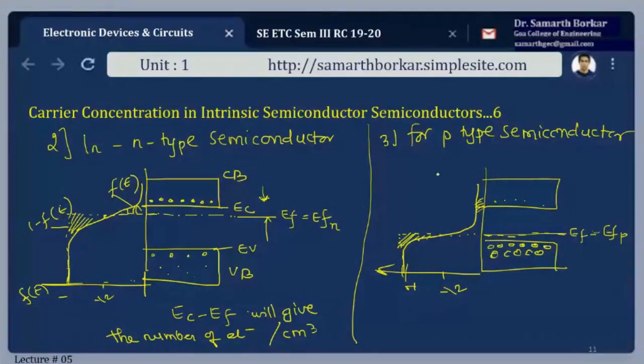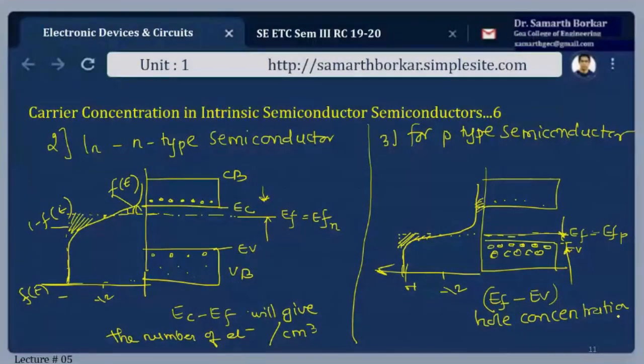And here in this case, for p-type semiconductor, this is EV. Fine. So it is EF minus EV. This difference will give you the hole concentration, meaning the number of holes. So the probability of electrons occupying the available energy level will be less in case of p-type semiconductor in the conduction band, so the Fermi level will move closer and closer to the valence band. Now, why is it closer to the valence band? Because the number of holes are more as compared to the number of electrons in the conduction band.